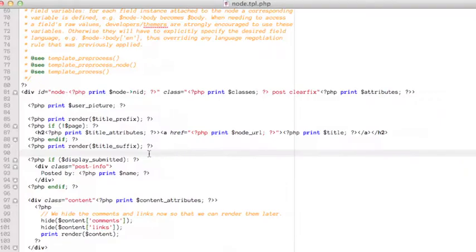One thing that I wanted to point out in the node template file, we're not actually going to make any changes to this section because we don't need to. Our posts are already using h2 for their title elements in the index.html, but I did want to point out this line here where it says if not $page. The variable here, page, is a Boolean value of true or false. What it's telling me is whether or not this particular node is being viewed in a teaser context or a